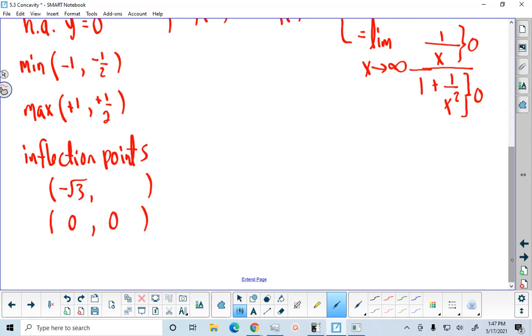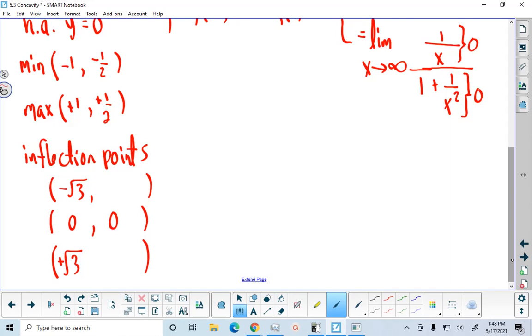I know the y-coordinate of that point because that's the origin, and we knew that the graph went through the origin. There was an x and y intercept there. We also have one at positive root 3. Since the function was odd,